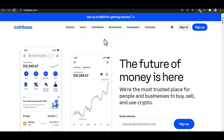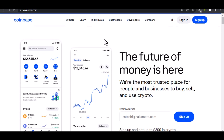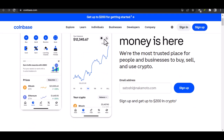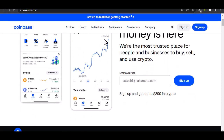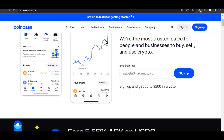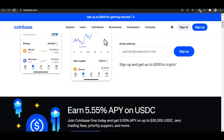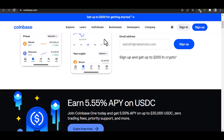Cracking the Coinbase code. What crypto can you actually store? Ever stared at a sea of crypto options and wondered, wait, can I even put this in my Coinbase wallet? Fear not, crypto comrades, because today we're diving deep into the world of Coinbase Wallet and exploring exactly which digital